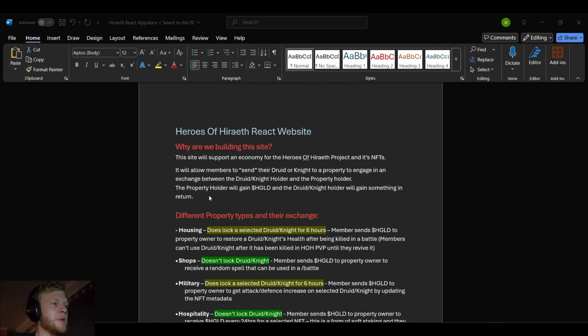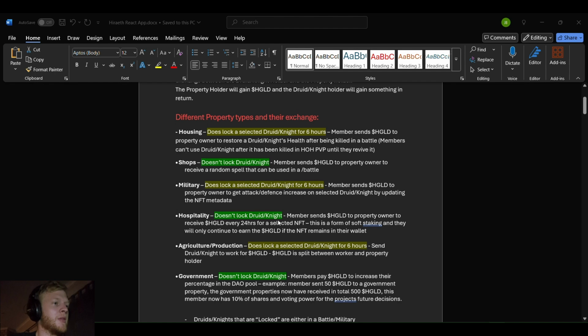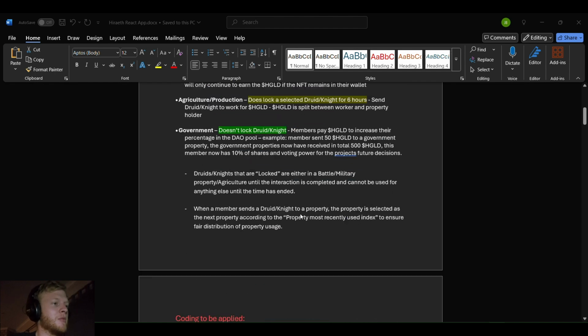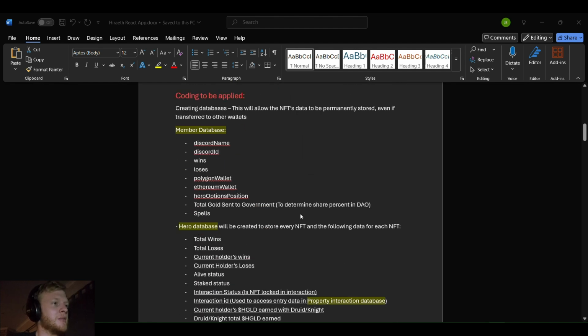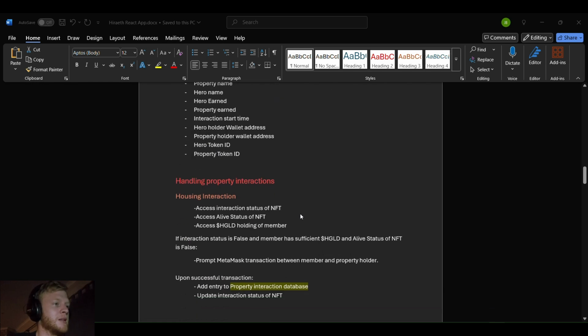It'll allow members to send their druids or knights to a property to engage in an exchange between the druid or knight holder and the property holder, right? And the property holder will gain this token, and the Druidonite holder will gain something in return. And we define all the different types of properties and how they work, right? What they provide, and the encoding to be applied, the different databases and what will be required in the databases,